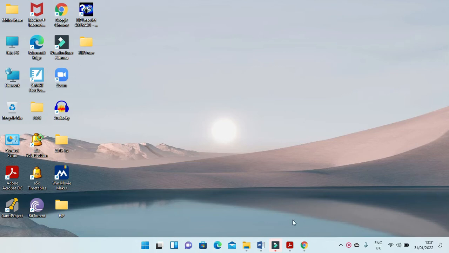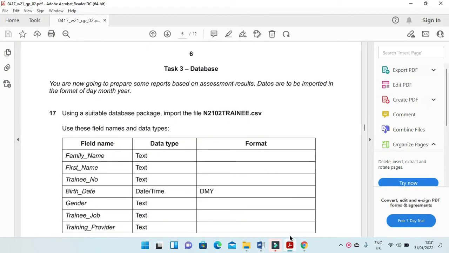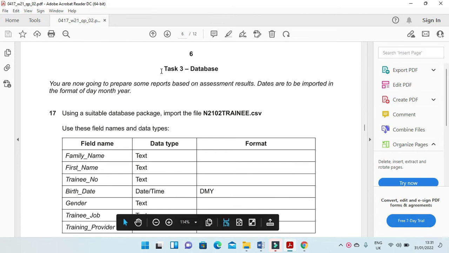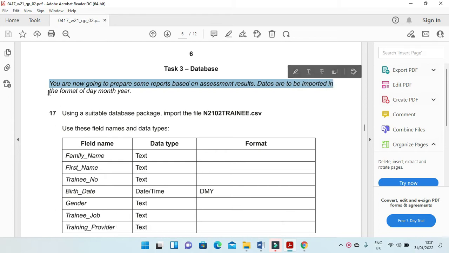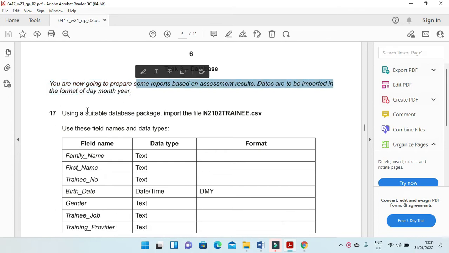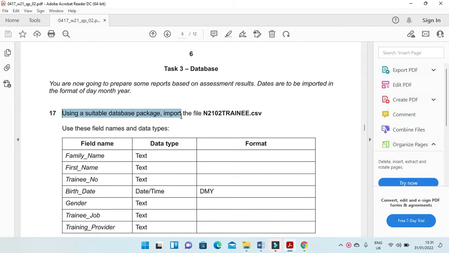Today I'm here to explain Cambridge IGCSE ICT 2021 October-November Paper 2 Database Task. You are now going to prepare some reports based on assessment results. Dates are to be imported in the format of the date, month and year. Using a suitable software package or database package, import the file